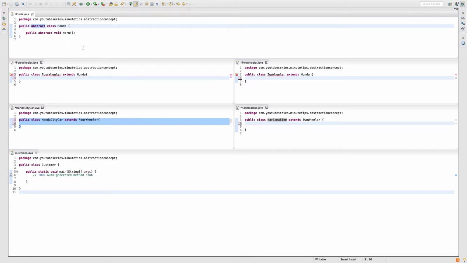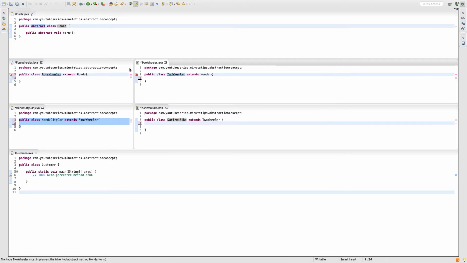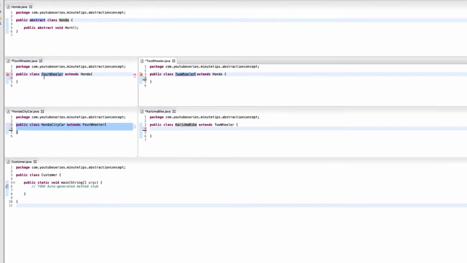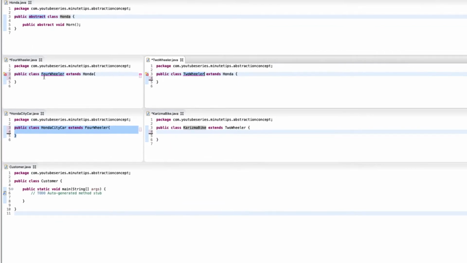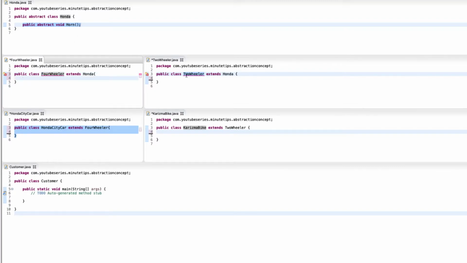As soon as I made my Honda class abstract, the child classes, the four-wheeler class and two-wheeler class, let me just zoom into this area. As soon as I make my Honda class abstract and put one abstract method here, you can see a small error is coming to these child classes.